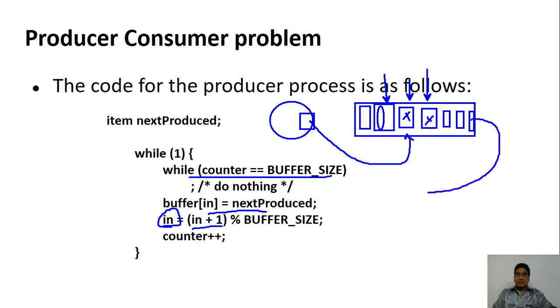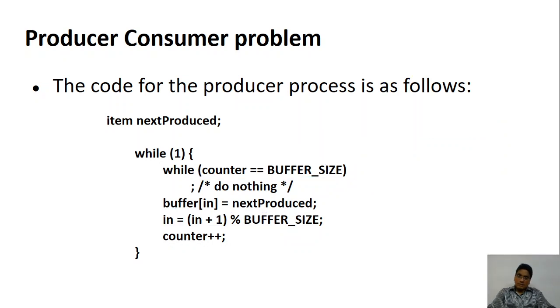Once it reaches the last place, it has to retrace back. How do you do that? Hope you are all familiar with data structures, wherein you have studied the circular queue. To bring the pointer back to the first one, you go for modulo division by the size of it. Hope you have understood that. Now whenever an item is produced, the counter has to be increased.